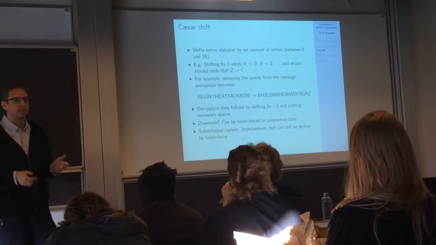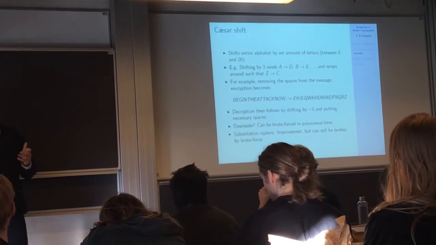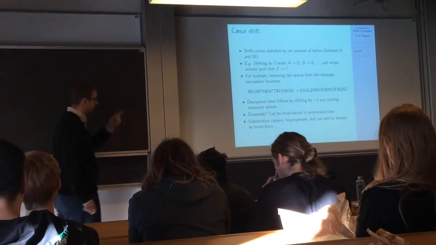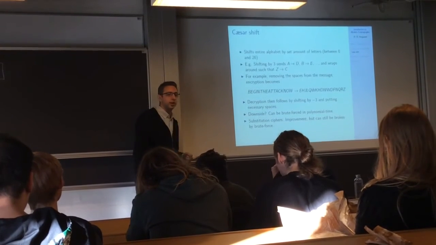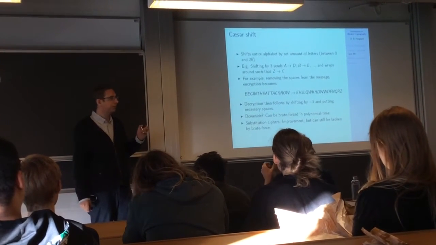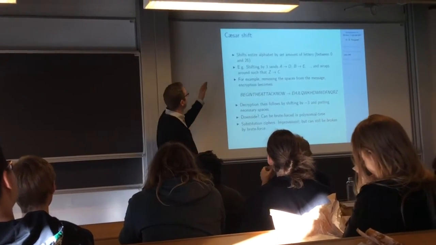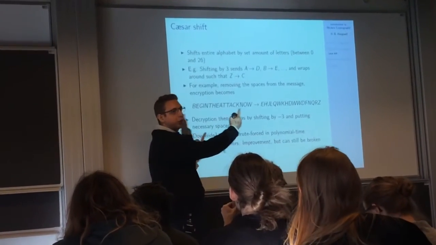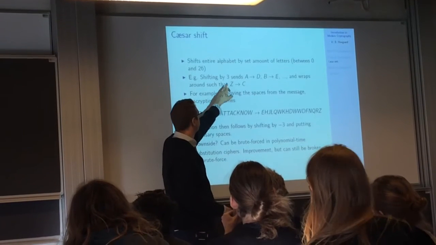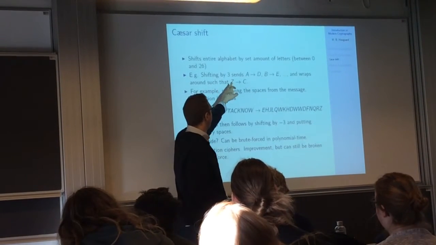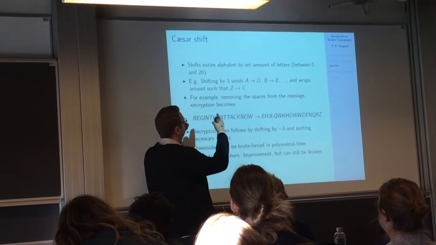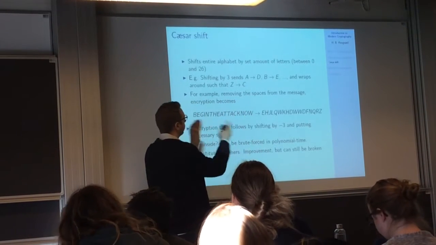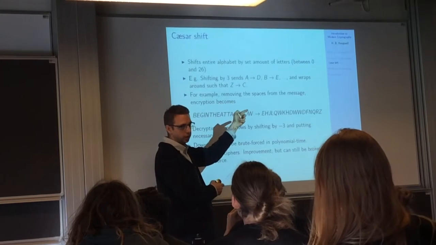let's look at some classic cryptography. This is the stuff that they used to do in order to encrypt their messages. Particularly Caesar had this one that we call the Caesar shift. Basically, it works like this. You take the entire alphabet and you shift it by your key. In this case, I'm taking my key to be 3. And so I'm shifting the entire alphabet. So A gets sent to D, B gets sent to E, and so on and so forth. And it wraps around, so Z gets sent to C.